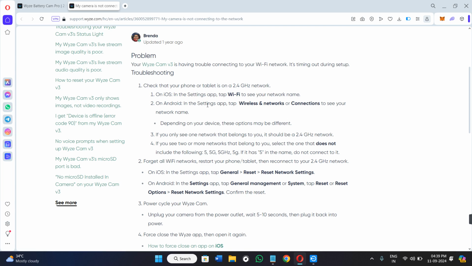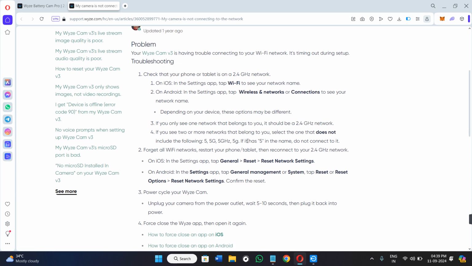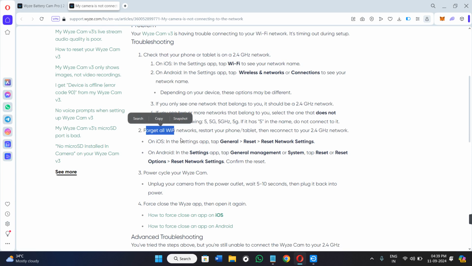If you are using Android, then go to the settings and then tap on the wireless and network option or the connections to see your network name. If you are using an iOS device, then you need to go to the settings, then tap on Wi-Fi to see your network name. You need to forget all the Wi-Fi networks and restart your phone or tablet,